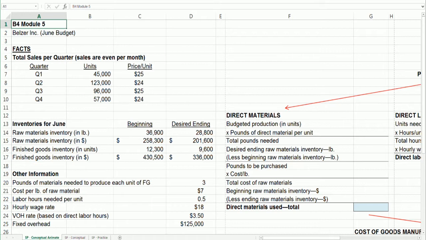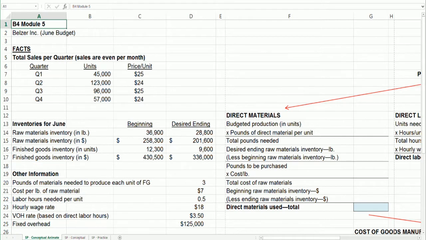The question in this case is we're trying to figure out the cost of goods sold. Or more to the point, we're dealing with the budget. So we're trying to budget our cost of goods sold. Now, if you look on your screen, we're going to start with some basic facts. We're going to set aside some made up information, right? It doesn't come from anywhere, but to establish a fact pattern for us to solve the problem. And our focus here is on June. We're trying to determine COGS for June.